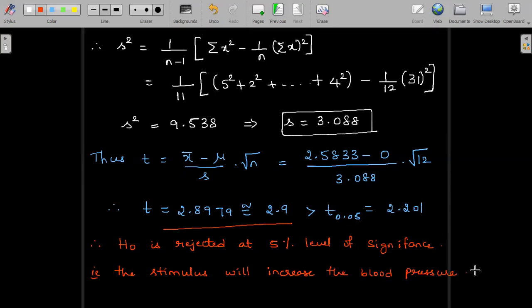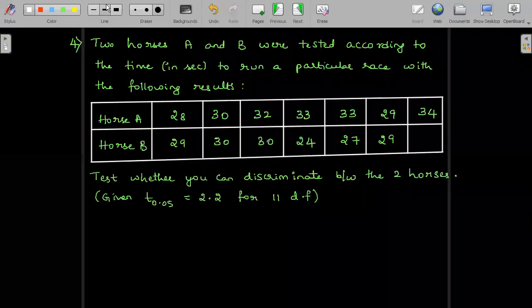So these three problems that we worked out were based on a single sample, that is having a single sample mean, and that's a student t distribution for us. Now the next set of problems we can discuss on two samples given for us. We'll consider the fourth question now.